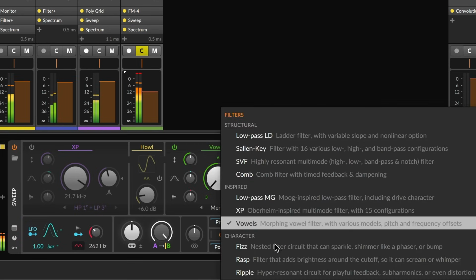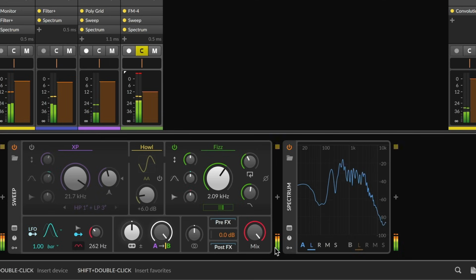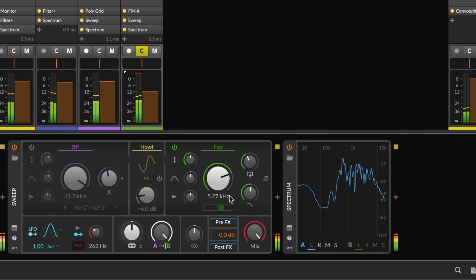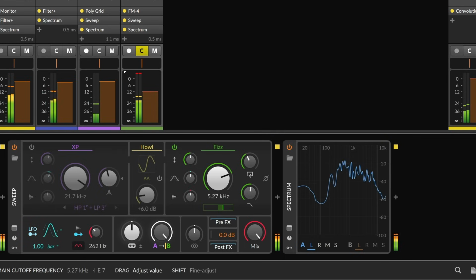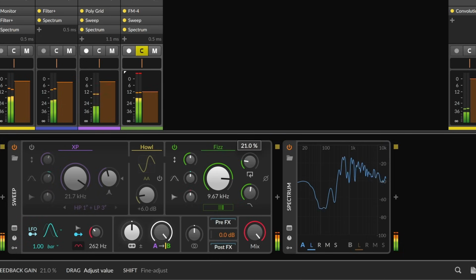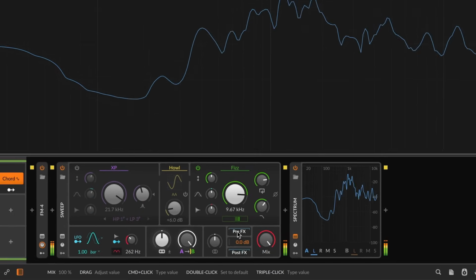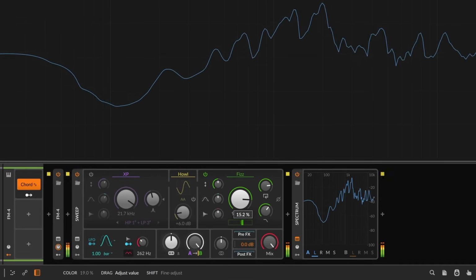In the character category, there's a structure that's kind of similar here, which once you see multiple cutoffs, something interesting is going on. There is an outside filter that works as it does, and then inside of its feedback loop is some other filter that, when enabled either through feedback or other means, allows for pushing the sound back and forth a bit. So with Fizz,